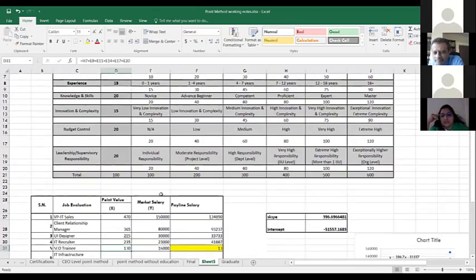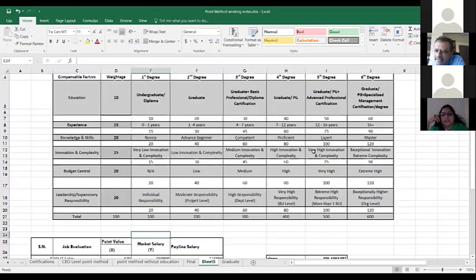Maybe the job is very complex, but you don't need a high level of education. We cannot say that a job which requires a high level of education is necessarily a more complex job. Let's say a programmer and a sales executive. Which job is more complex according to you? A programmer. But for a programmer you might be taking a BE, for your sales executive you might be taking an MBA. Yes. So how can you say that education is related to complexity? You have to evaluate each factor separately. Okay, okay.